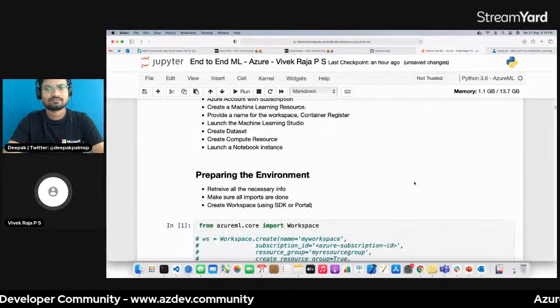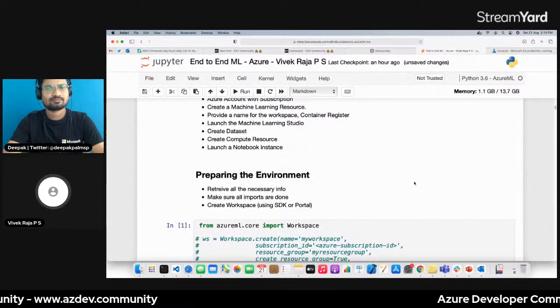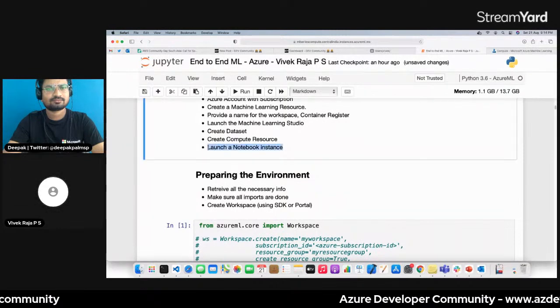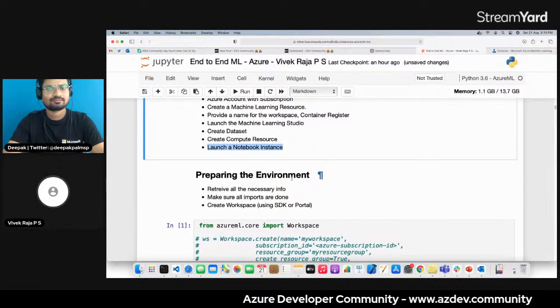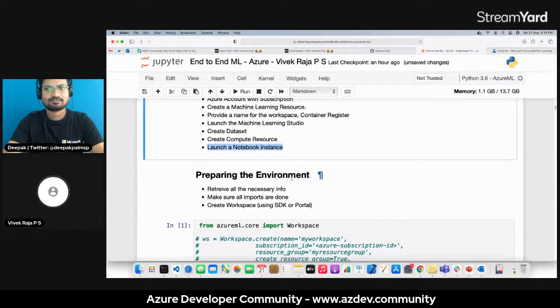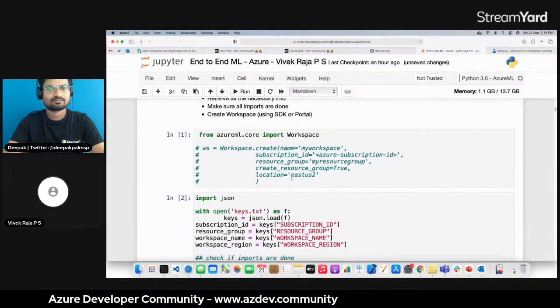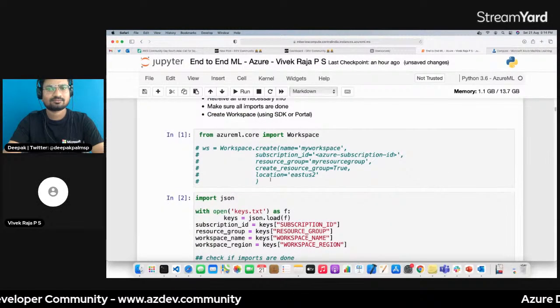Now that we have created our data set, and we have created our compute resource, and we have launched a notebook, we are all done. Now that we have launched a notebook instance, we are good to go with the coding part. So first thing is